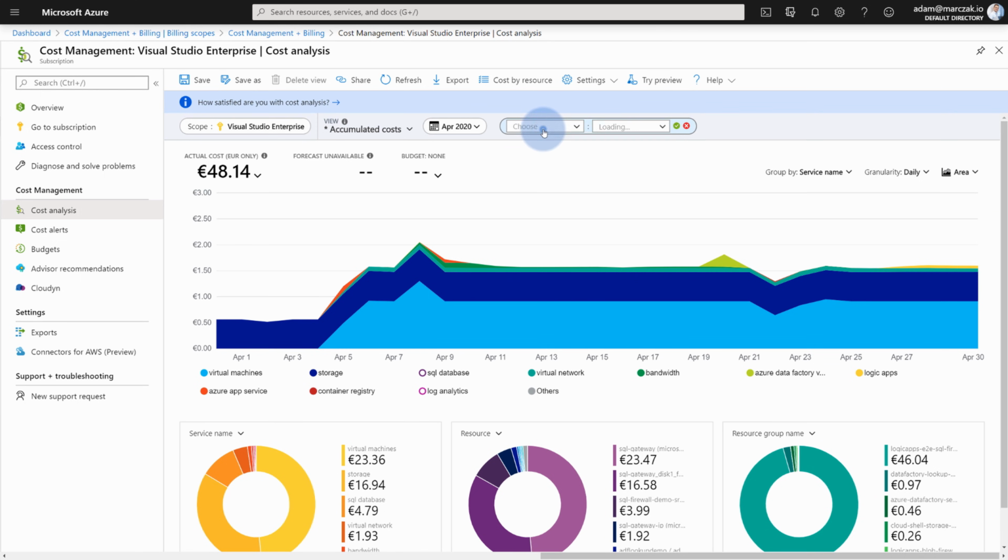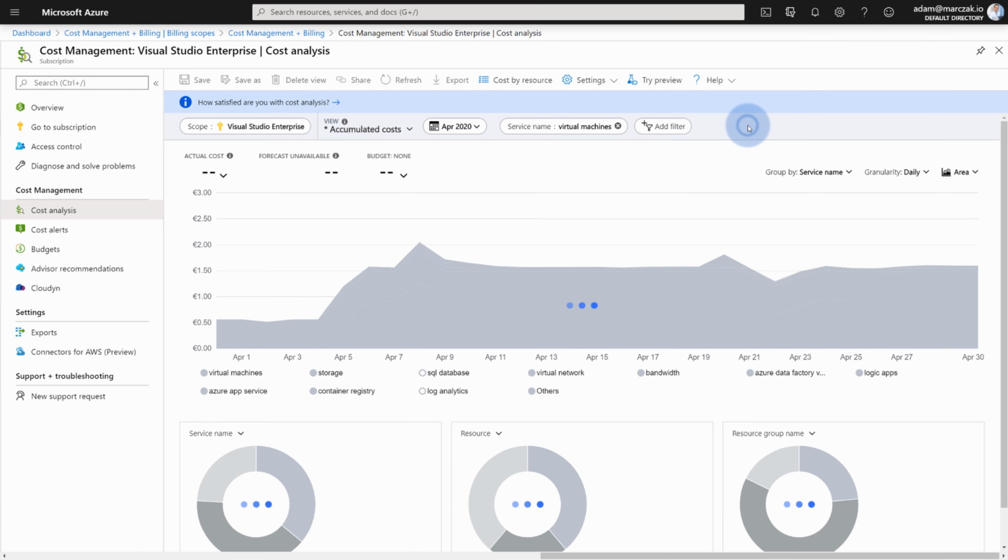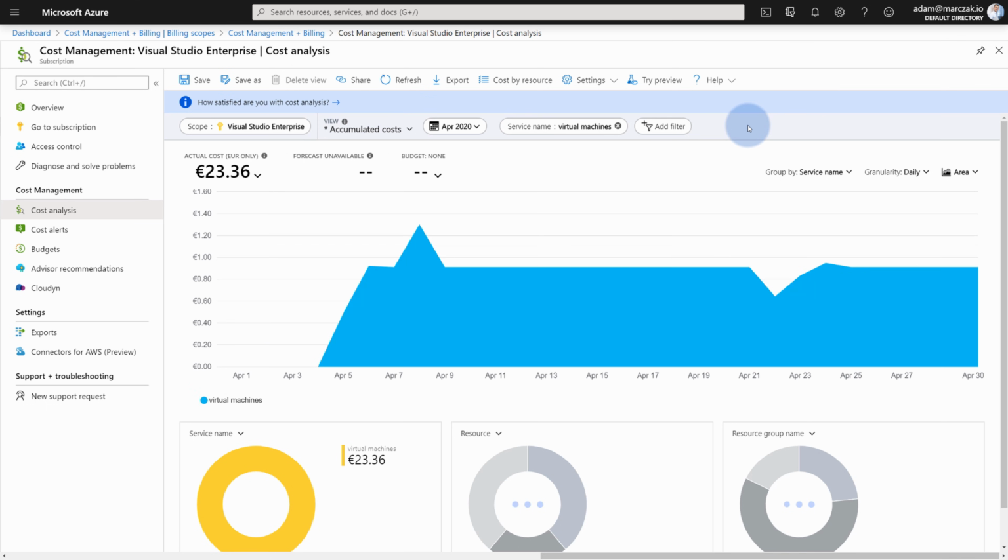On the top level, you have a filter. You can select specific things that you want to filter from the chart. So in this case, I can use service name. And since I know that I want to drill down into virtual machines, let it load. Then I can select a filter and apply it. Right now, I'm only going to see data for virtual machines for the period of April 2020, which allows me again